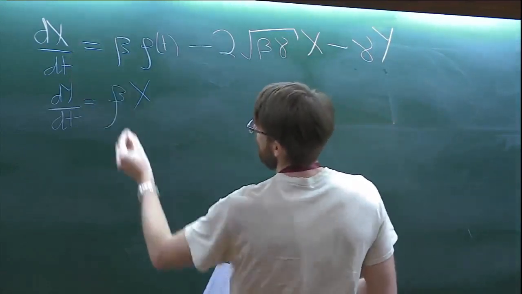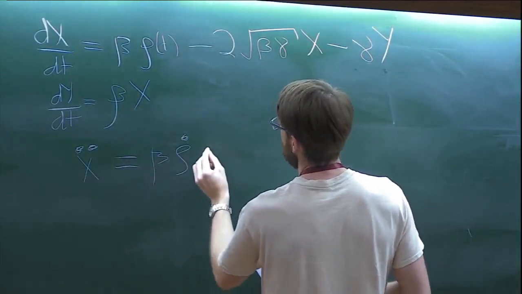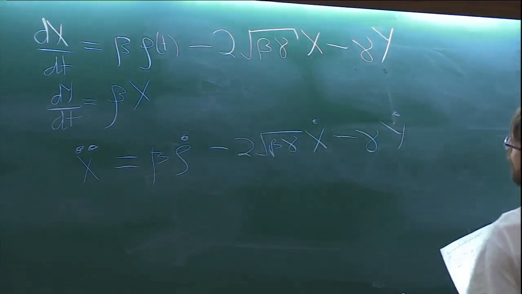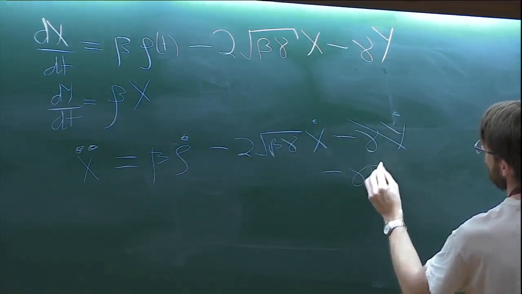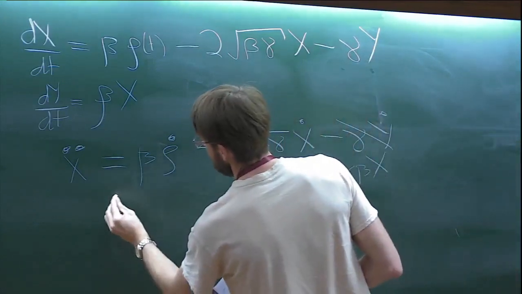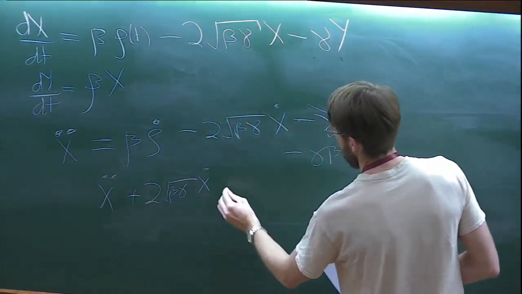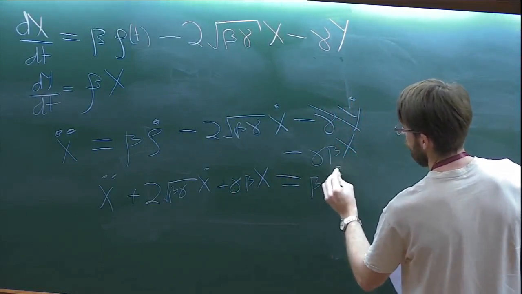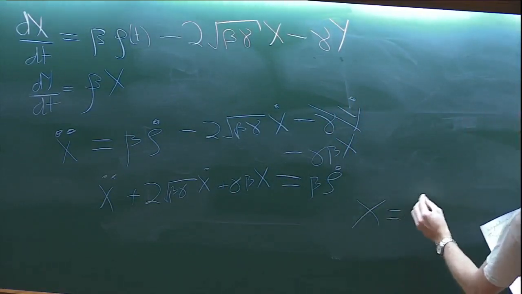And so if we differentiate this again, I'm just going to use the dot notation because I don't want to write the d by dt. So now we can have beta rho dot minus 2 beta gamma x dot minus gamma y dot. But y dot is equal to beta x, so this becomes minus gamma beta x. So for the physicists in the audience, of course, I hope that this is standard stuff. So of course we can now write x double dot plus 2 beta gamma x dot plus gamma beta x is equal to beta rho dot. And you can hopefully see that the solution to this is equal to something of some exponentials,